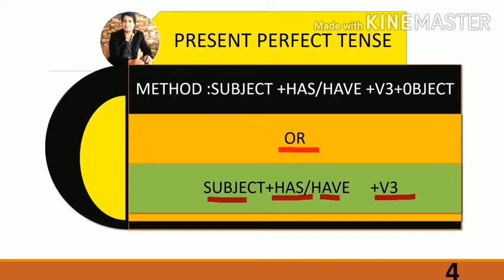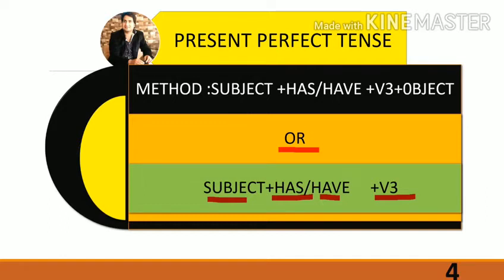And here one thing you need to remember, that whenever we call present perfect tense, you can easily identify those sentences in Hindi which end with चुका है, चुके हैं, चुकी हैं. But along with this there are some more sentences like कर लिया है, खा लिया है, पी लिया है, लिख लिया है. So these all sentences come under this category of present perfect tense.